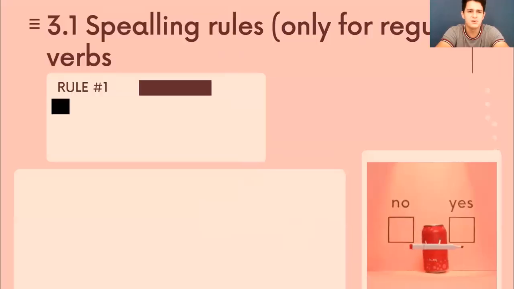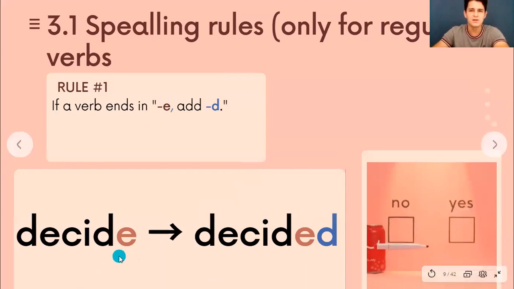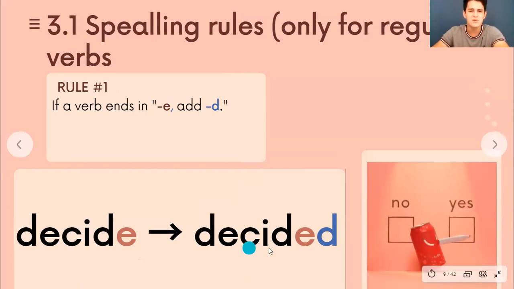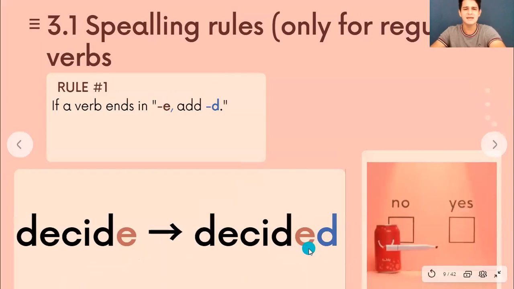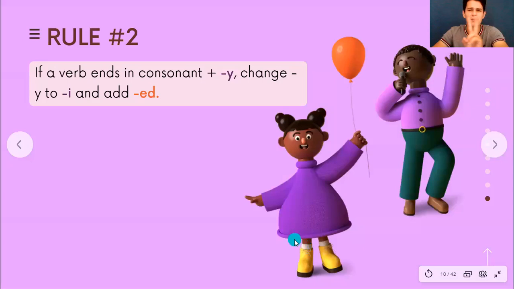For example, I have decide, I already have the E, but now the pronunciation changes. Decided, porque termina con sonido de D. No termina en D, pero suena como D. Decide. It's a D sound, okay? So it could be D ending or D sound. What happens to the ED? I say decided. Next, rule number two.